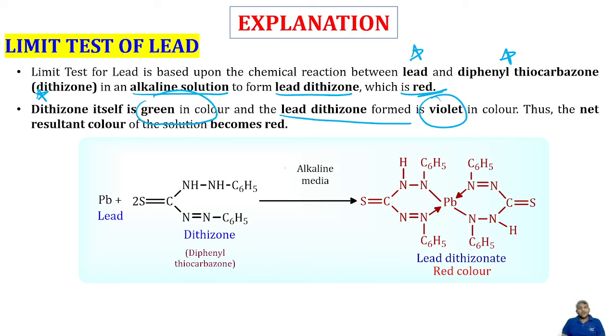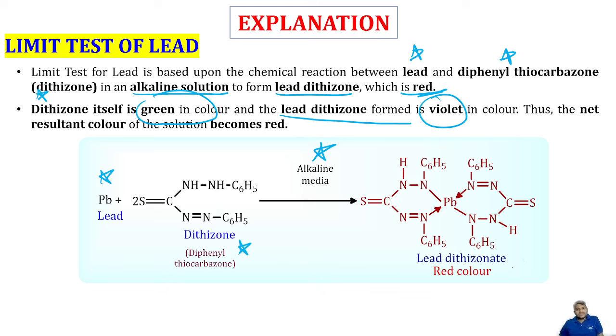It is just added to contrast the color. So this is the typical representation of your lead test, the limit test of lead. We have the lead, and after that dithizone. As I told you, dithizone has the green color and its chemical composition is diphenylthiocarbazone. As we are using the alkaline medium, there is a formation of a big complex that has the red color. So they will ask many questions about the dithizone chemical composition, that is diphenylthiocarbazone, color